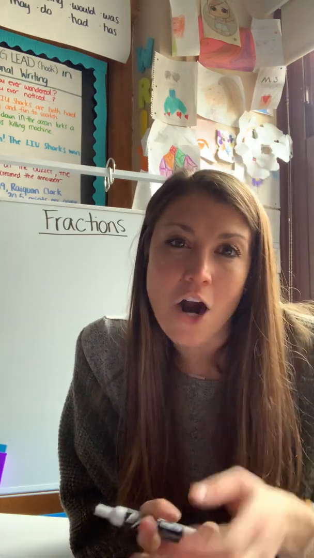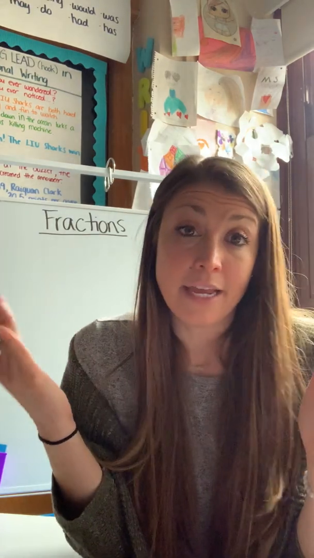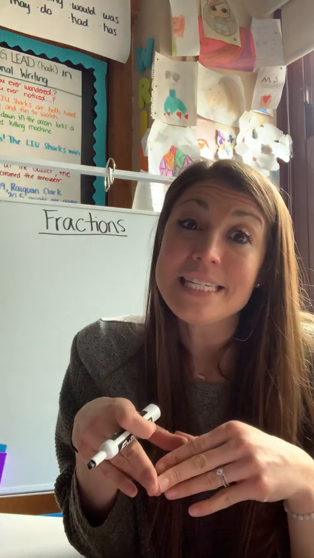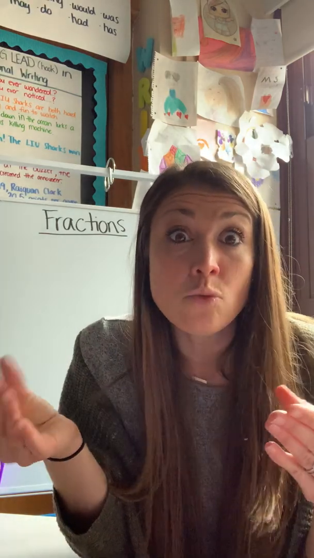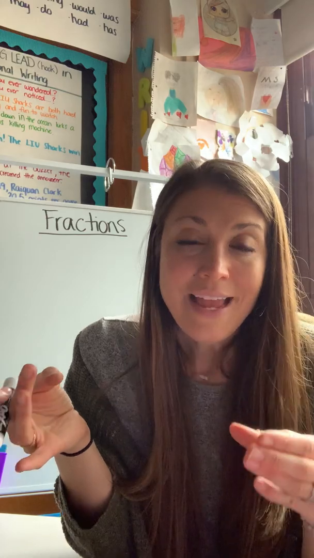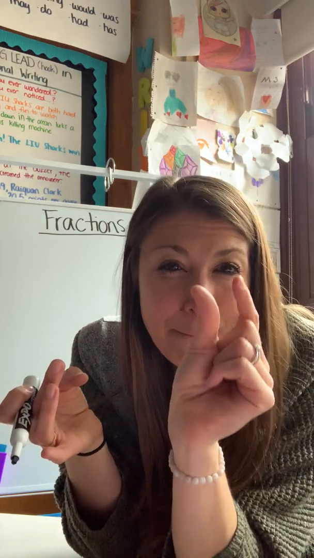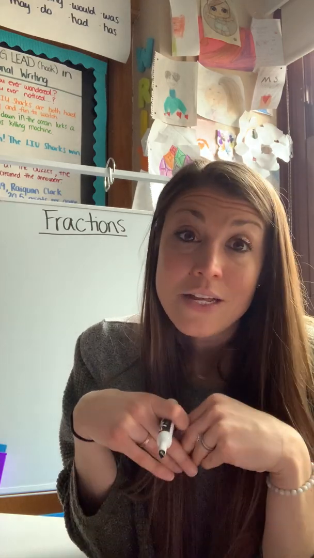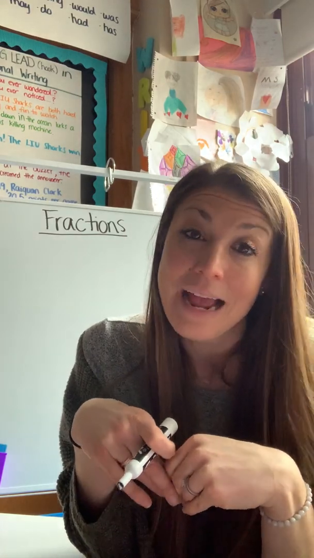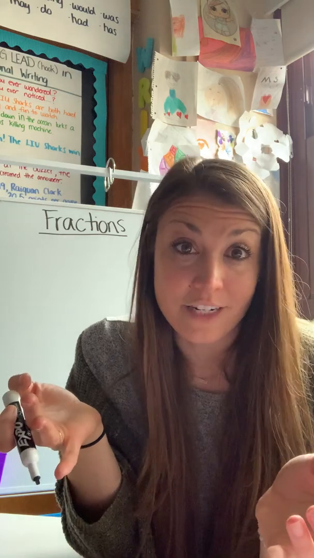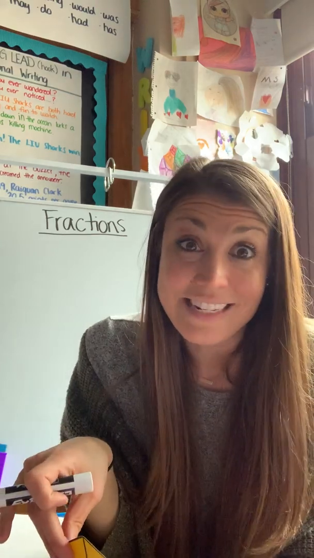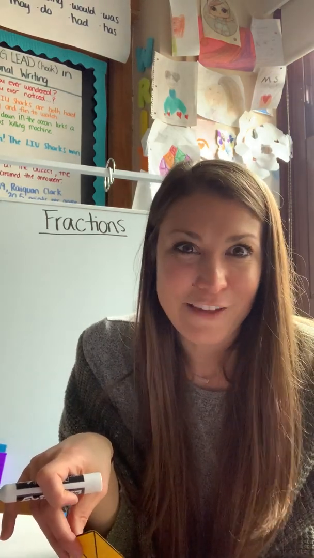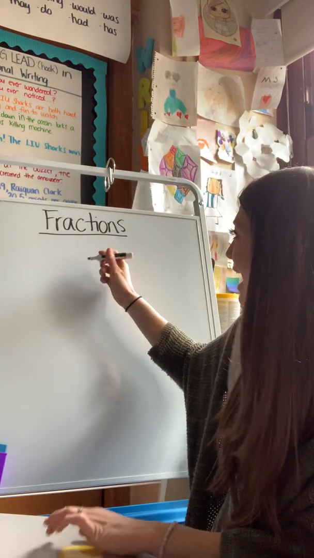So fractions are a part of a whole. So if I was to have a whole, my whole is one whole. And a fraction is just a tiny piece or a part of that whole. So today we're going to talk about how we find fractions that are shaded, some that are not shaded, and a few other things. So if I was to have a fraction,